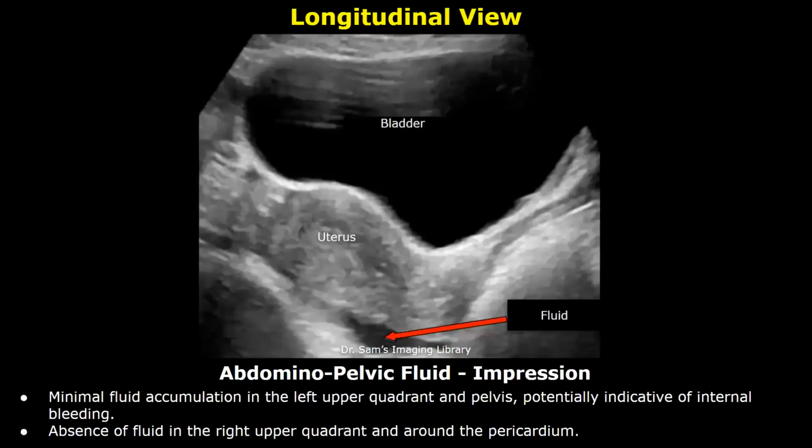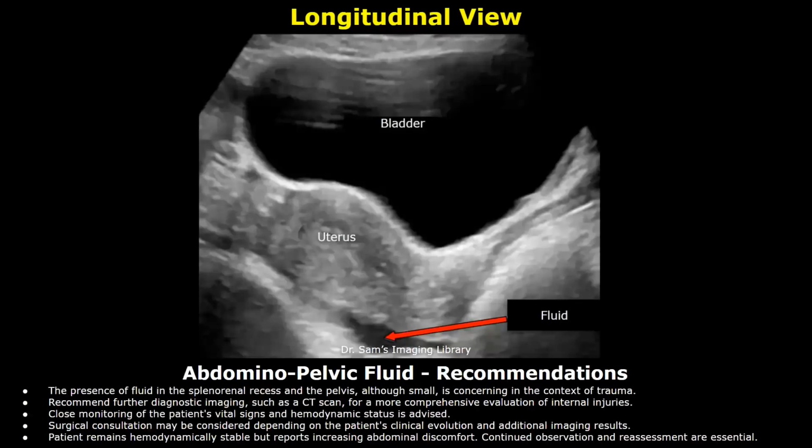This is the impression. Minimal fluid accumulation in the left upper quadrant and pelvis, potentially indicative of internal bleeding. Absence of fluid in the right upper quadrant and around the pericardium. These are the recommendations. The presence of fluid in the splenorenal recess and the pelvis, although small, is concerning in the context of trauma. Recommend further diagnostic imaging such as a CT scan for a more comprehensive evaluation of internal